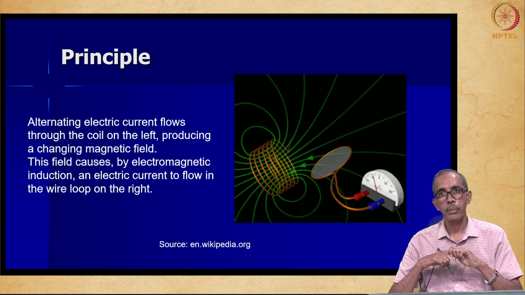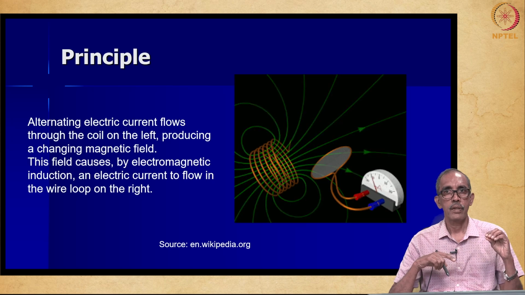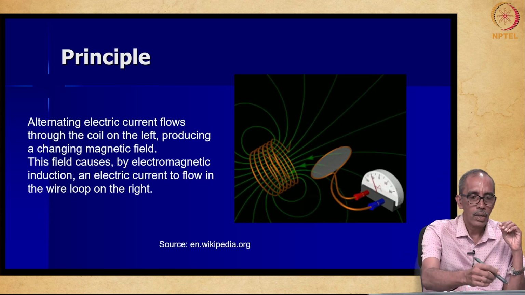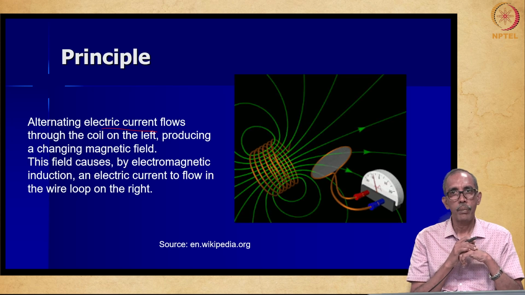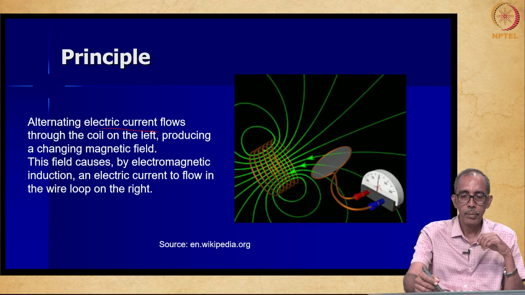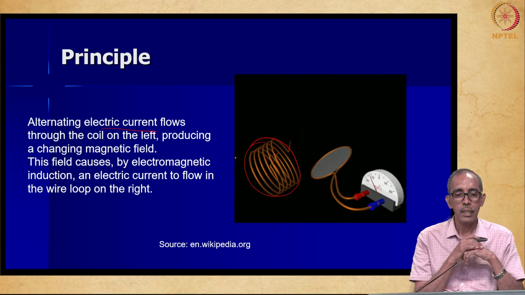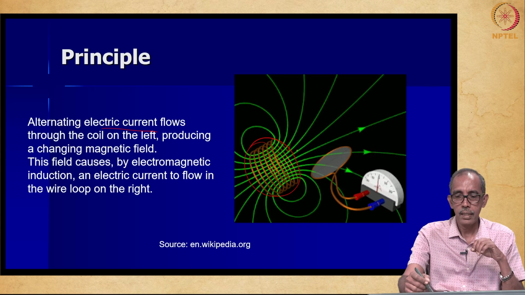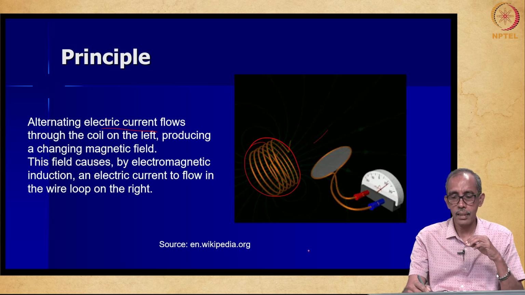So, what is the principle of this logging method? The principle is the same. We had already seen this under surface electromagnetic methods. So, what we are going to do is apply current through a coil, which is going to be lowered. This is the coil which you see here. When you apply current through this coil, it produces a changing magnetic field that is shown in the green color. It is something like what we also call an eddy current,